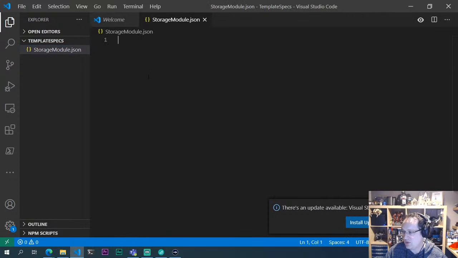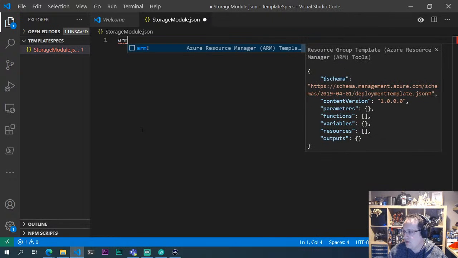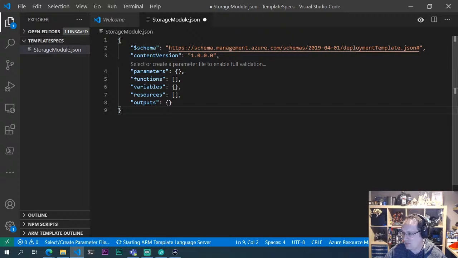So this is giving you an example of basically recreating a reusable module for storage accounts. So let's say my company is going to be deploying Azure resources and I have a particular way that I want to deploy storage accounts. I want to turn on encryption and I want to make sure I'm using HTTPS, and I mean, most of these are default, but let's have a look at how we can create a module that we're then going to distribute using template specs. So let's set this up as a template,